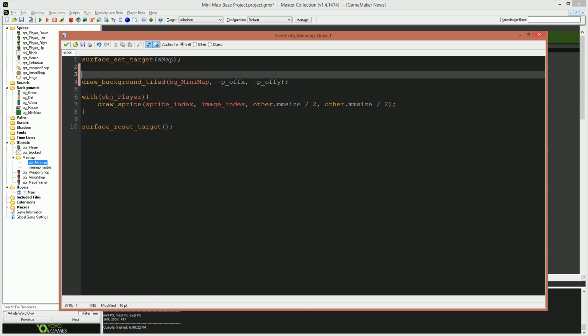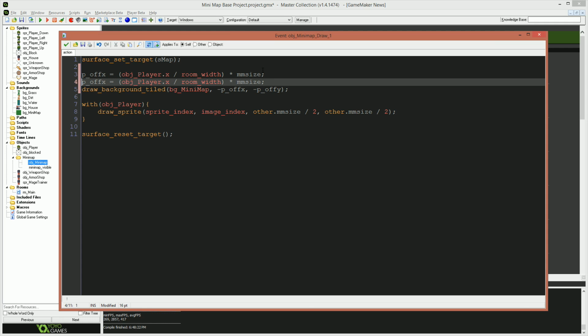So I'm just trying to get this out onto the script window as I'm explaining it. So P underscore off X is going to be equal to the player's X position divided by the width of the room. So we get them into a number between 0 and 1, and then multiplied by the size of our mini map. So it's going to be object player.x divided by room width multiplied by mm size. Yeah. And then we do the same for y. So P off y